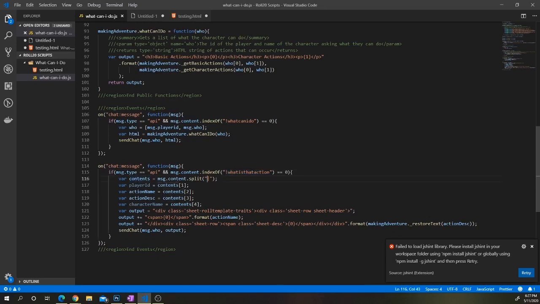First thing we do is split by pipe. Some people use spaces, but we're going to have a lot of spaces in between the words, so I split by pipe just to keep it simple. Get the player ID, the action name, the description, the character name, and then just pop it out as an output here. So here we're setting up the div HTML text, and I got this using